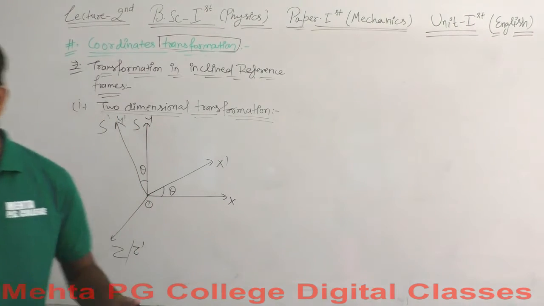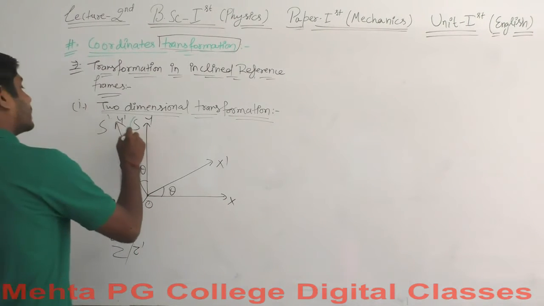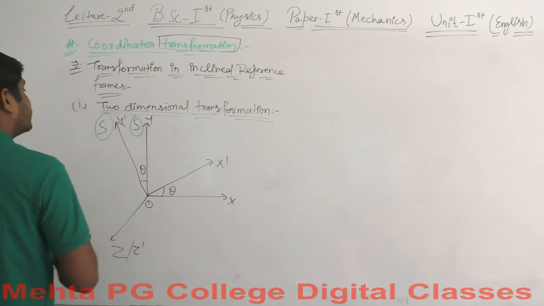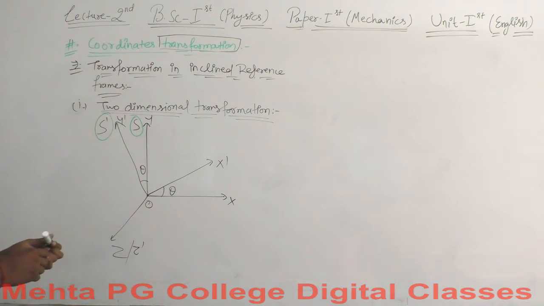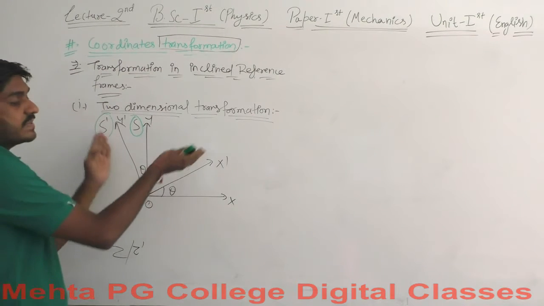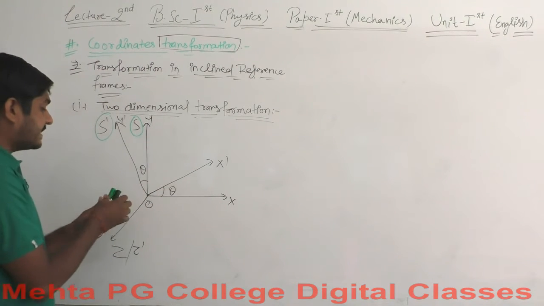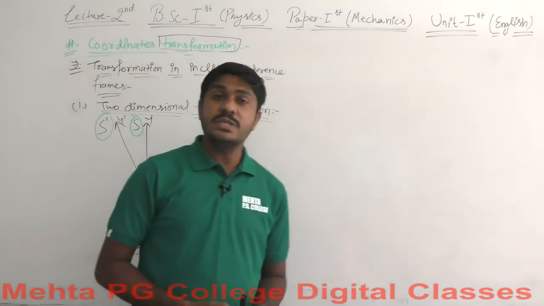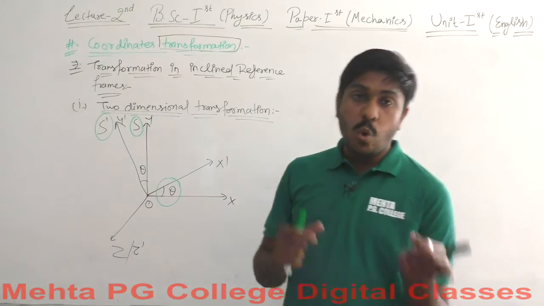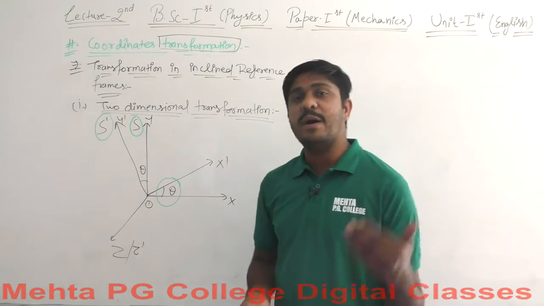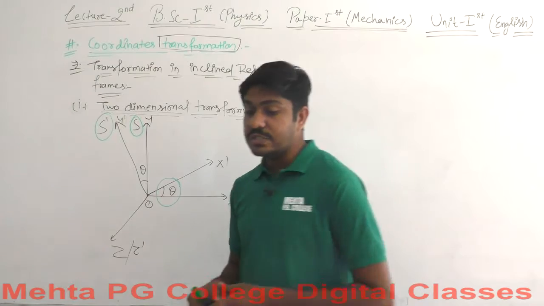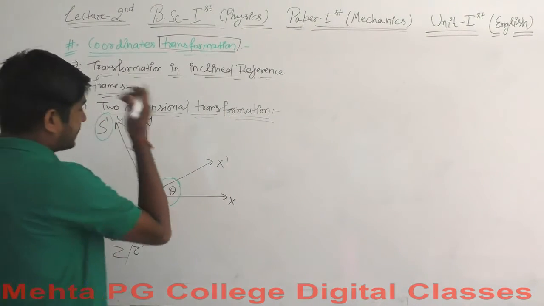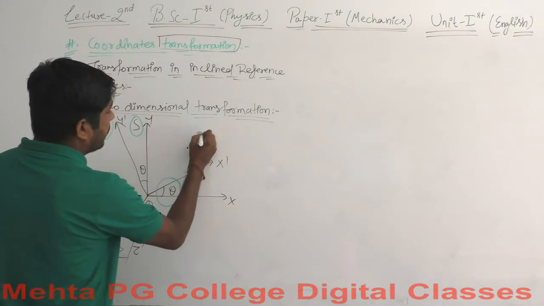So we have two reference frames here. This is our primary reference frame, and this one, S dash, is our secondary reference frame. Okay, this is S dash, and this secondary reference frame is inclined with an angle theta, this is the angle theta here. Yes, this is inclined with this angle. So now we are supposed to find all those transformation equations which we have discussed in the recent translations. So let's say we have a point P here. Again, the point P is the same. Let's say the point P is here.